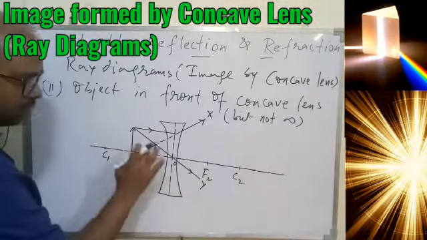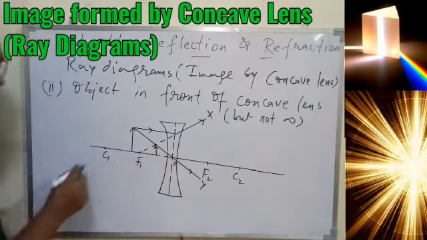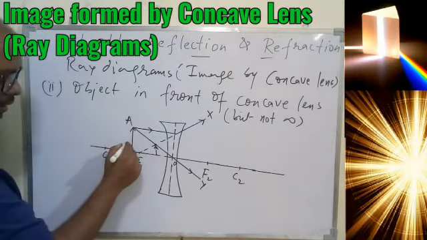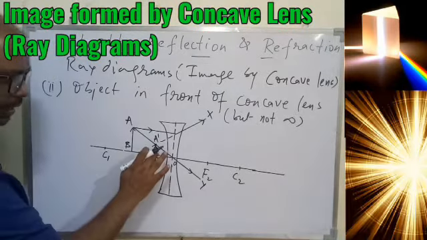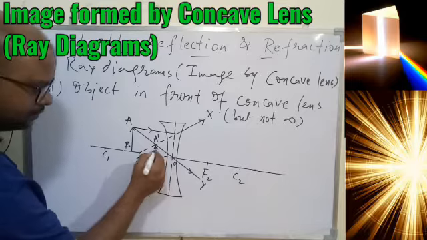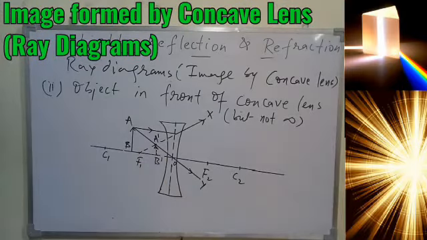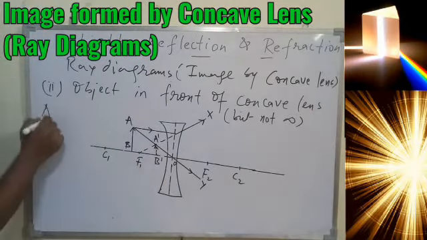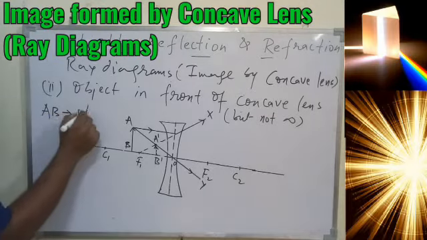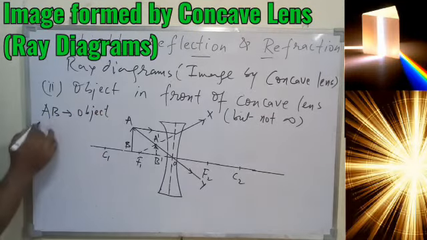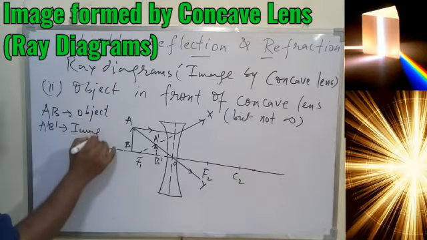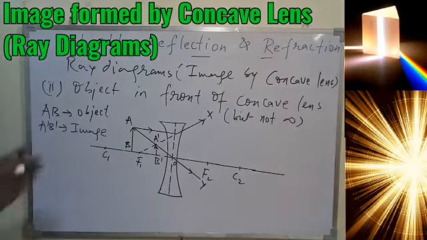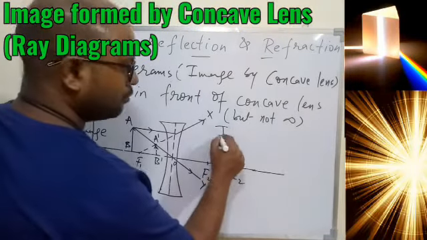Okay, so this again should be dotted, and this is your object AB, this is our image A prime, B prime, and remember this is dotted. So from here you can see your AB is the object, and A prime, B prime is the image, and from this diagram you are able to find out the characteristics of the image. So overall what you see,